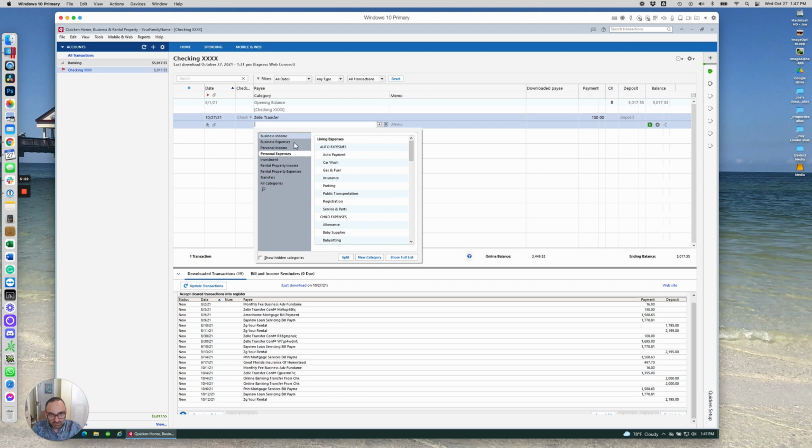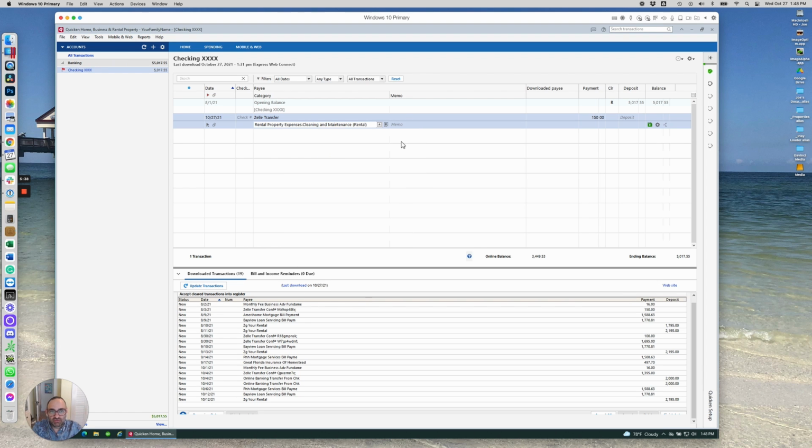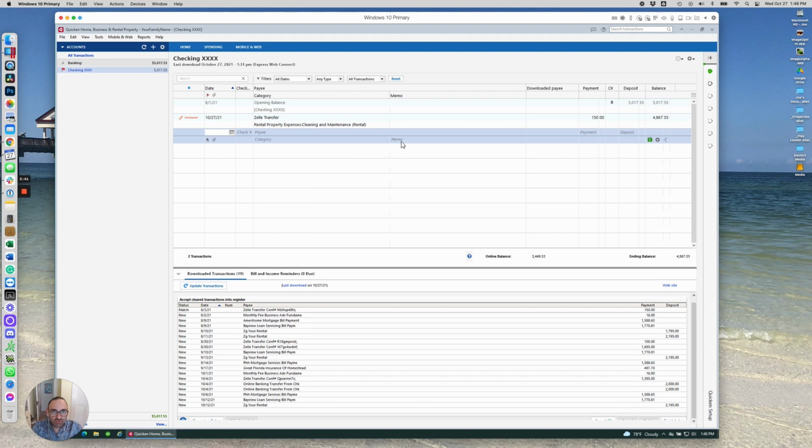Let's see. So say I had that in the register. I think I have real estate categories hidden, maybe. Oh no, here they are. Rent, property, expenses. Let's just say I categorize that as cleaning and maintenance. Well, if I already have that transaction in the register that I've manually put in before I downloaded, you'll notice here that